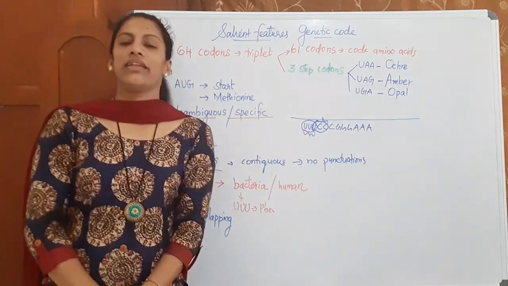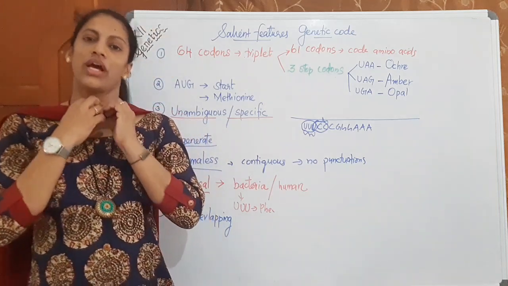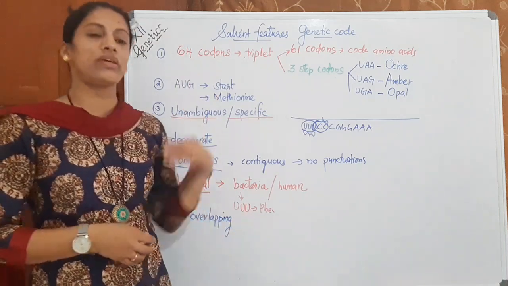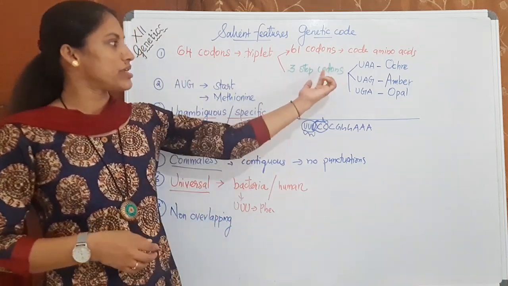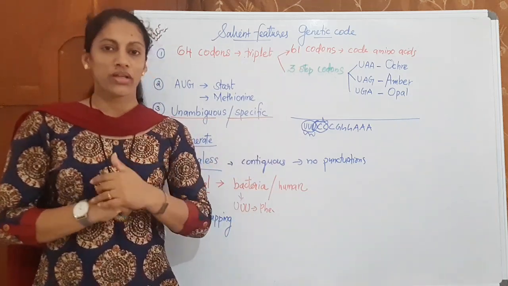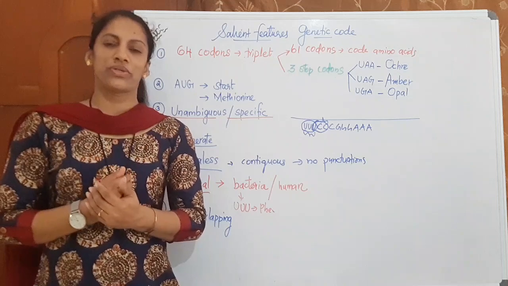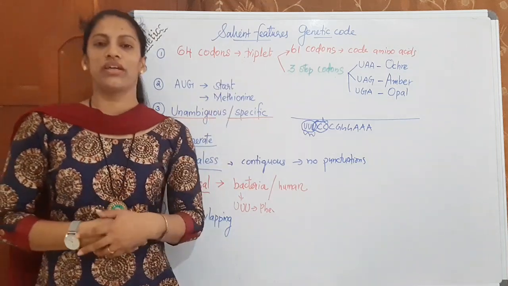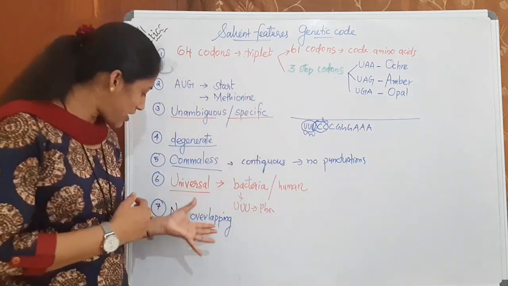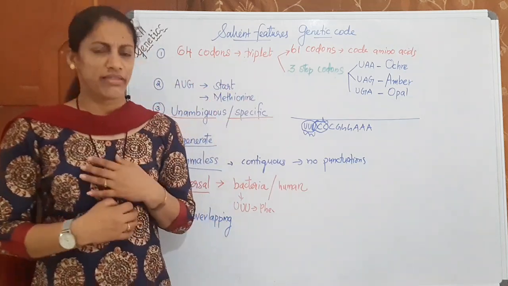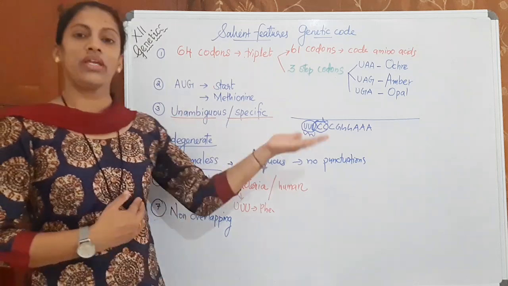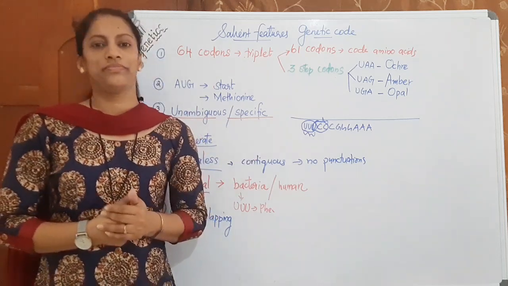So these are the salient features of the genetic code, and this is a repeated question. If it is not asked for 3 marks, the other questions may be asked, stop codon, initiator codon, all may be asked for 1 mark, and MCQ also, there are so many question areas possible from this part. Study these features thoroughly. Easy I think, not at all difficult. You can get all the features from the table.